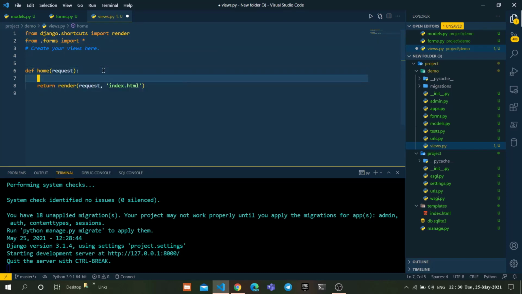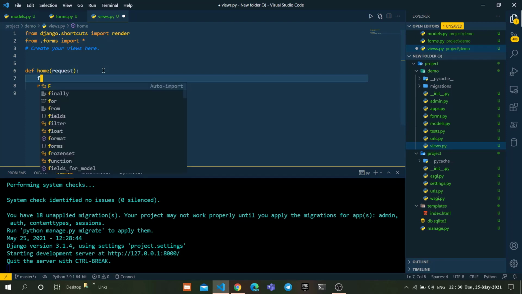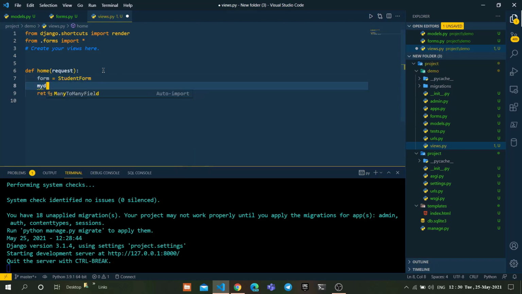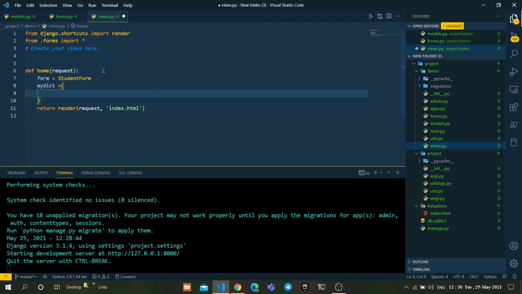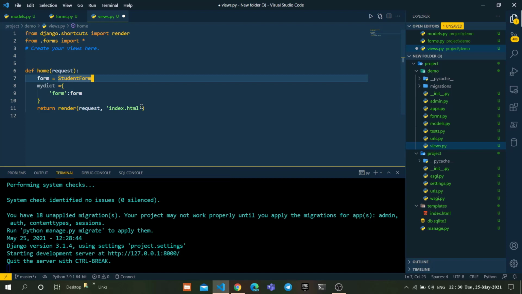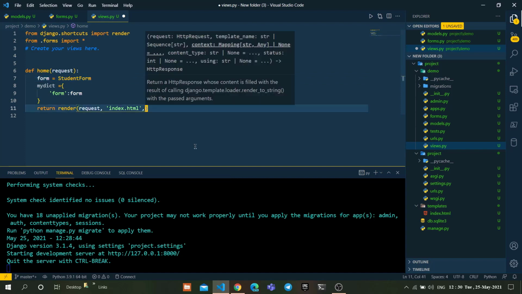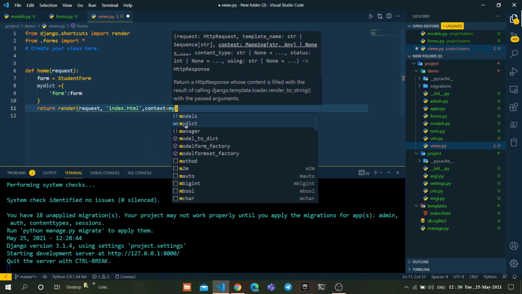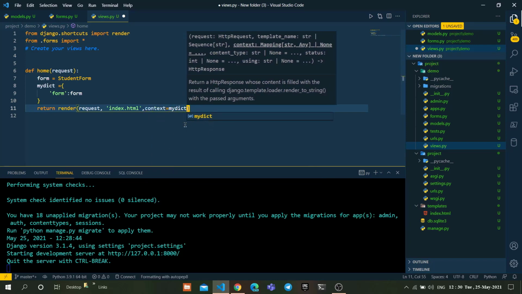Create form equal to StudentForm, and create a context variable, myDict, equal to form colon form. Pass this context into the return of the home view like this: context equal to the context variable myDict.